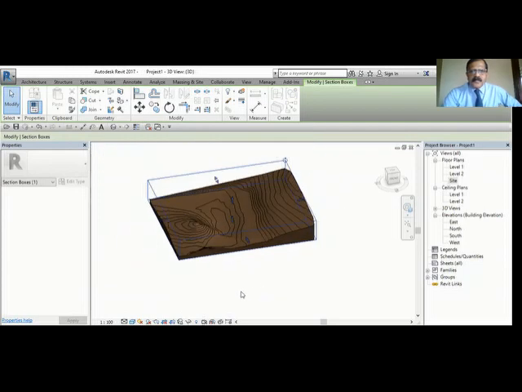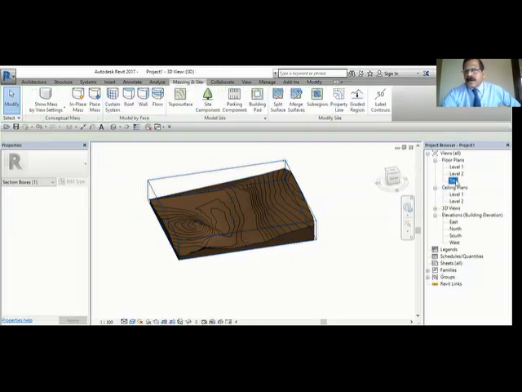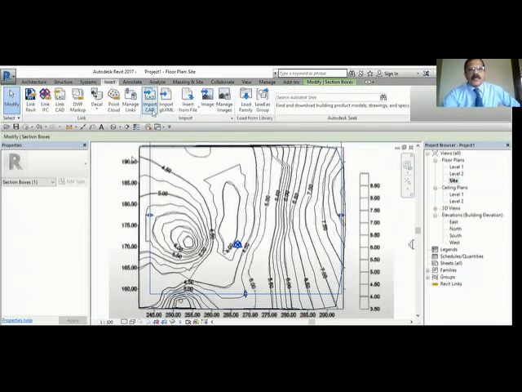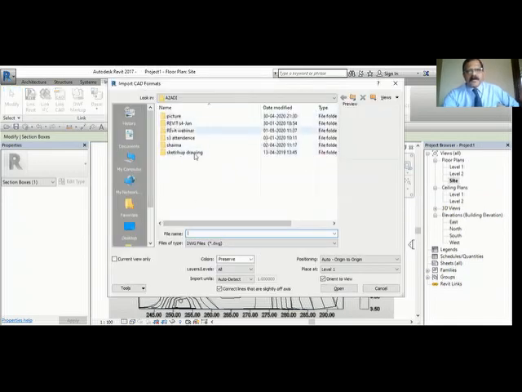Okay. So this is if you have an image and you don't have a 3D file with you, you can draw in Revit. And now suppose you have a file, the AutoCAD file or some other file which you have your actual 3D contours. How will you bring in AutoCAD? I don't have a file, so I will just give you the steps only. Okay. So first we will go to site, and here you will go to insert, and here you go to import CAD. Okay, when you click the import CAD, you will see the here AutoCAD drawing. You find out the AutoCAD drawing, and there are some options here.